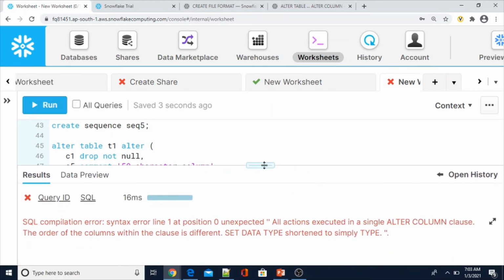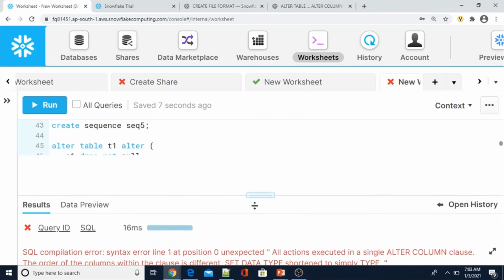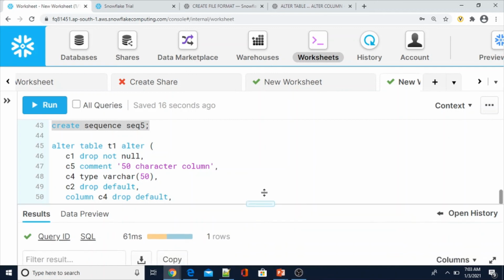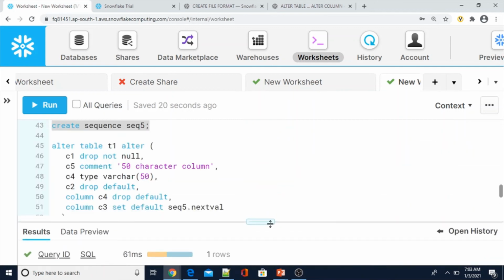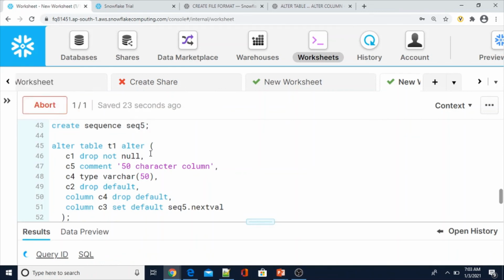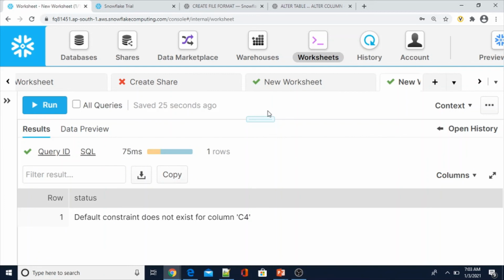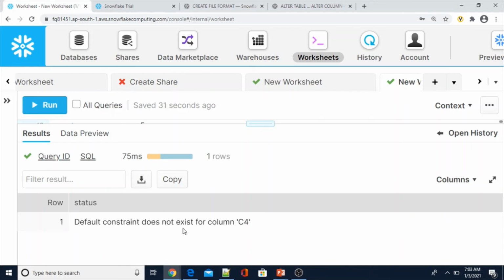Sequence SEQ5 successfully created. Now let me execute this one. See, now we didn't get the earlier error. The default constraint doesn't exist for the column.